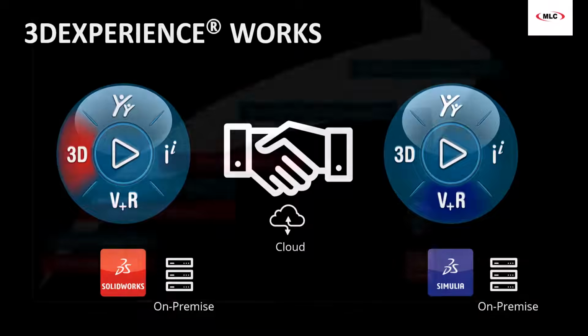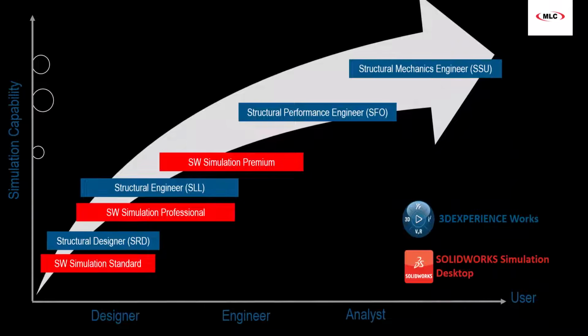So let's talk about these simulation levels. Traditionally, we've had SOLIDWORKS Simulation as a finite element analysis tool, a structural simulation tool inside of SOLIDWORKS in 3 levels. You can see them here in red: SOLIDWORKS Simulation Standard, Professional, and Premium. And I feel that these tools are really great for any designer. Any user of SOLIDWORKS should find out how strong are these. Are we in the ballpark? Maybe you bring that up a little bit into more of an engineering role when you start talking about frequency and fatigue analysis, or get into nonlinear a bit when you get into Simulation Premium, but that's where our FEA